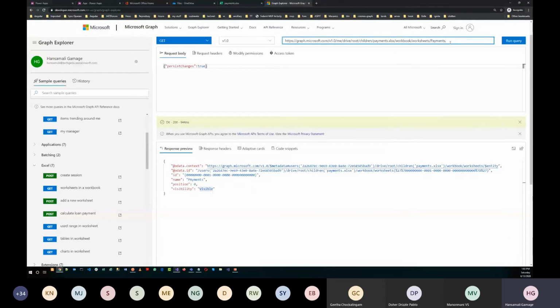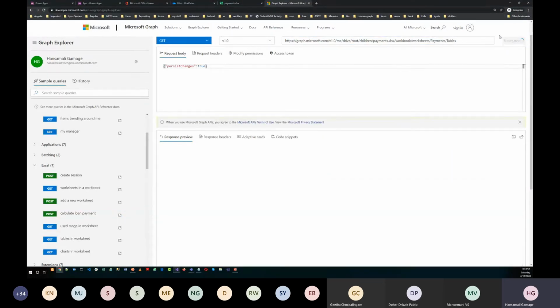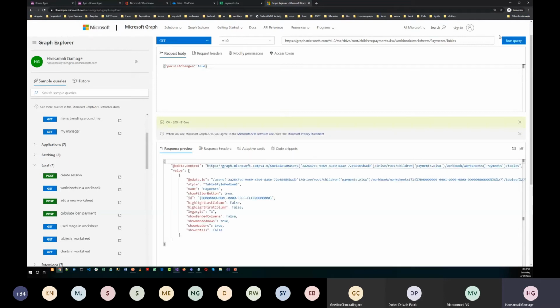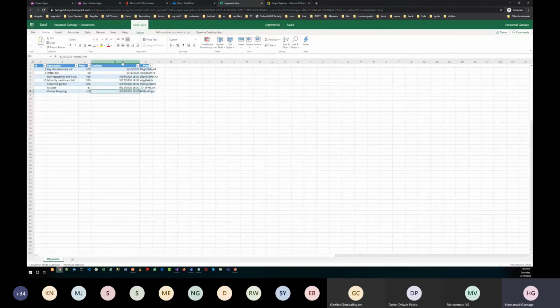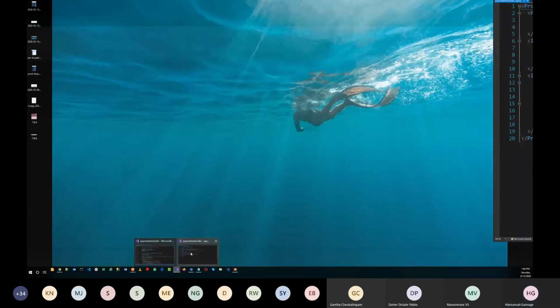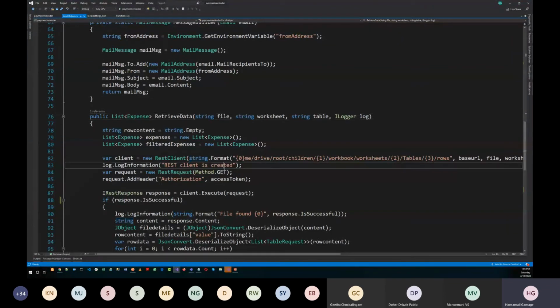Now you can see the table available. Now we want to read this. Now you want to pass the table name.